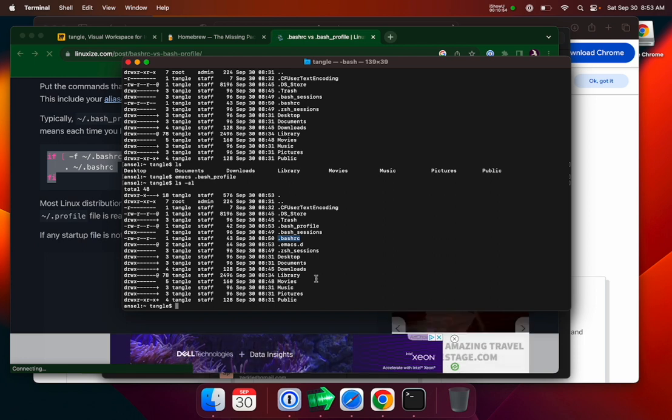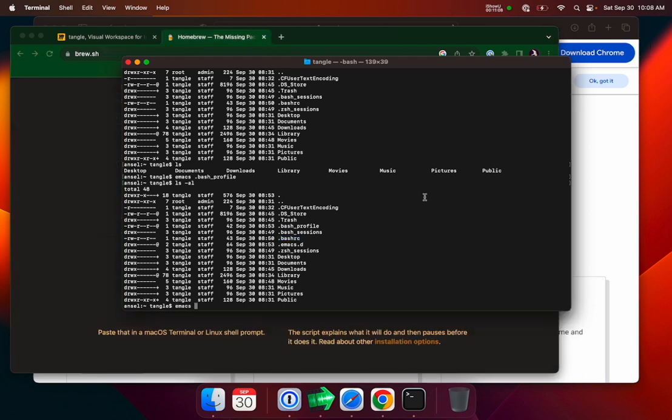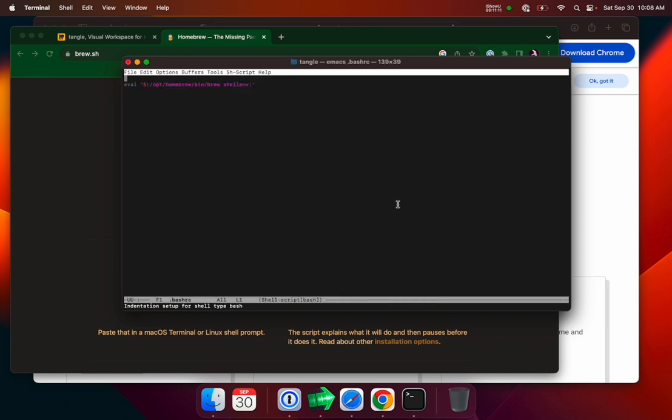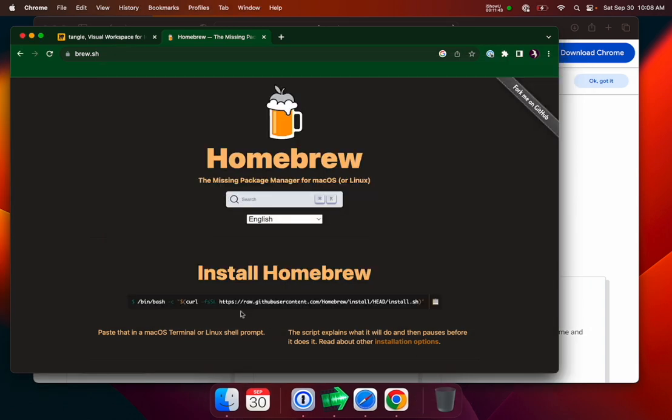Now, just to make sure that it actually does it, let's open up bash RC and add something just to show that it's working. So I will say echo, and echo is a command that just shows whatever is in the text. And then if you do nothing, it gives you a blank line. So echo blank, it gives you a blank line. So I'm going to close this and then reopen